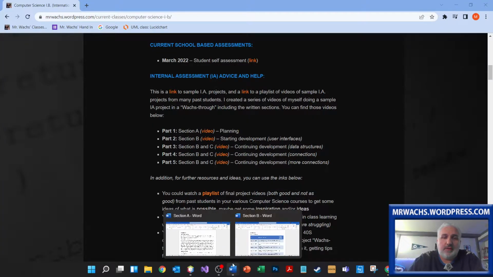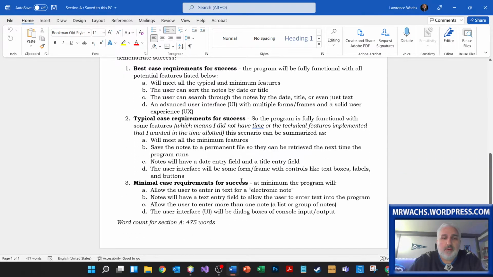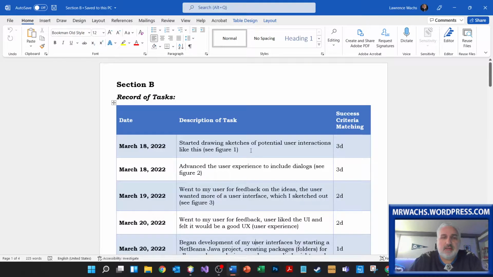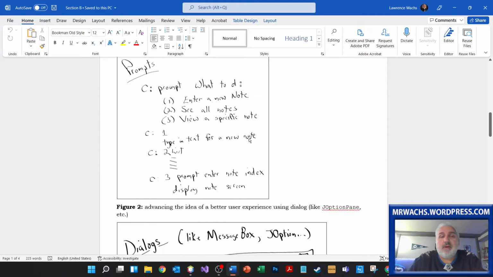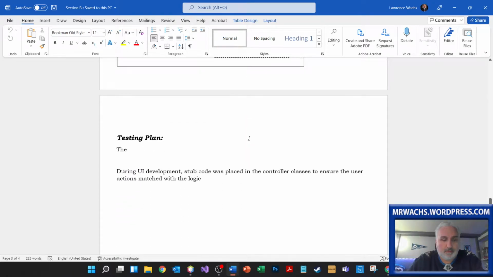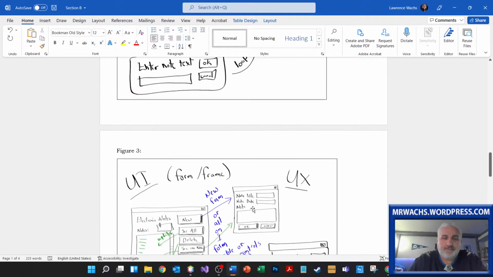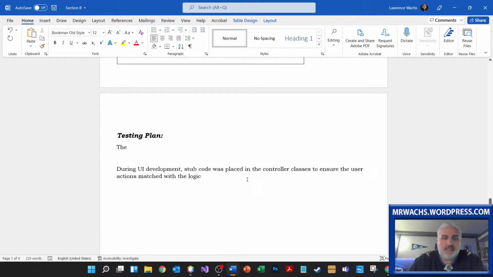So let's start with our actual section A, and we're now still trying to meet the minimum requirements. And let's also take a look at section B, because now we're going to write something into our testing plan. Okay, so scrolling down to the testing plan, we had made a point that during the UI development, stub codes were placed in the controller classes. We did that last time. Today what I want to do is